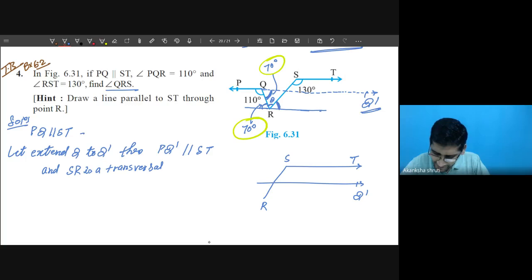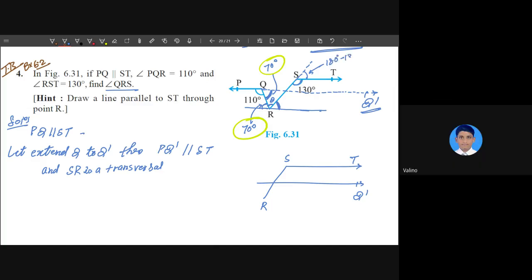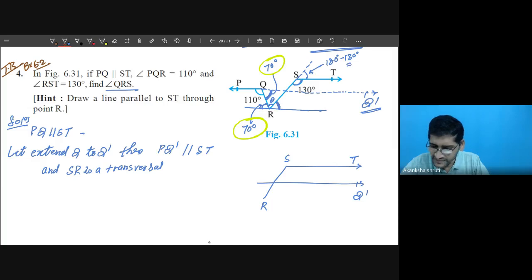Student, you can understand this angle and this angle sum to 180 degrees. Why? Because whatever this angle is given, this angle will be 180 minus 130 degrees. How much is this? It is about 50 degrees. So the same 50 degrees will be this one. Are we getting it? So you can write this one also as 50 degrees, because these are corresponding angles. So this is the corresponding angle, and here we had calculated this by alternate interior angle.